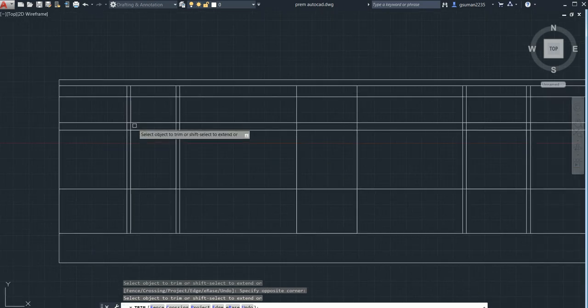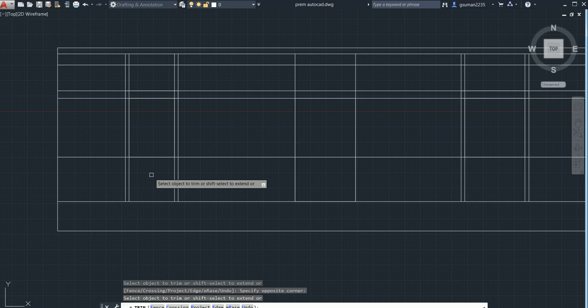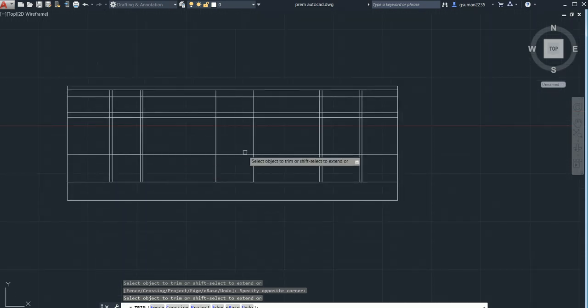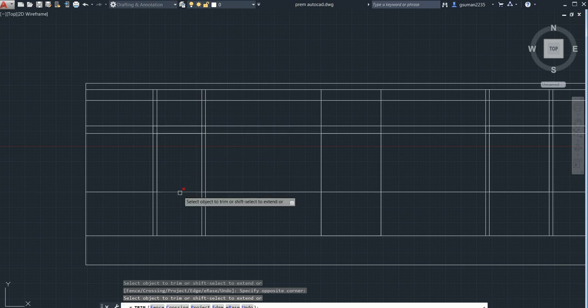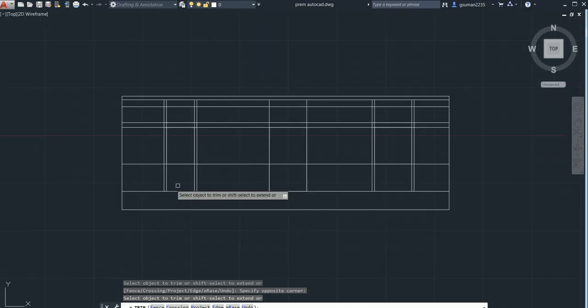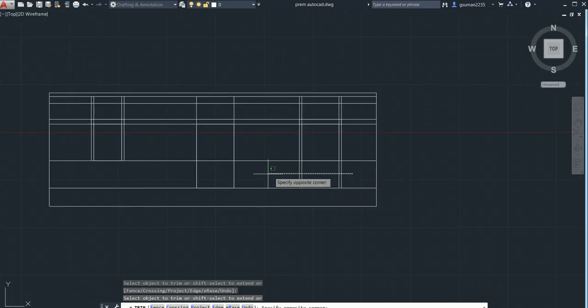Now after this, this is my window, this is my window. So inside the window this should not be there. This is also my window, so this is not there. And this is for the chhaja, so this projection would not be there.